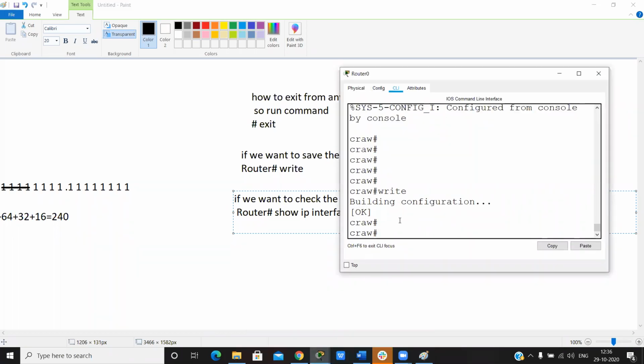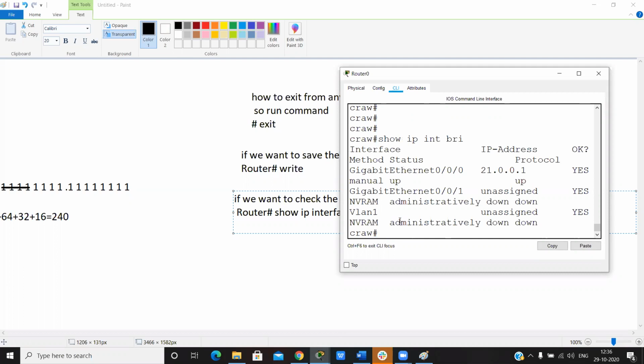Privilege mode. So this is the interface number, IP addresses, and the status is up. And how we configured the IP address: manually. If we get the IP from DHCP, then it shows automatic.